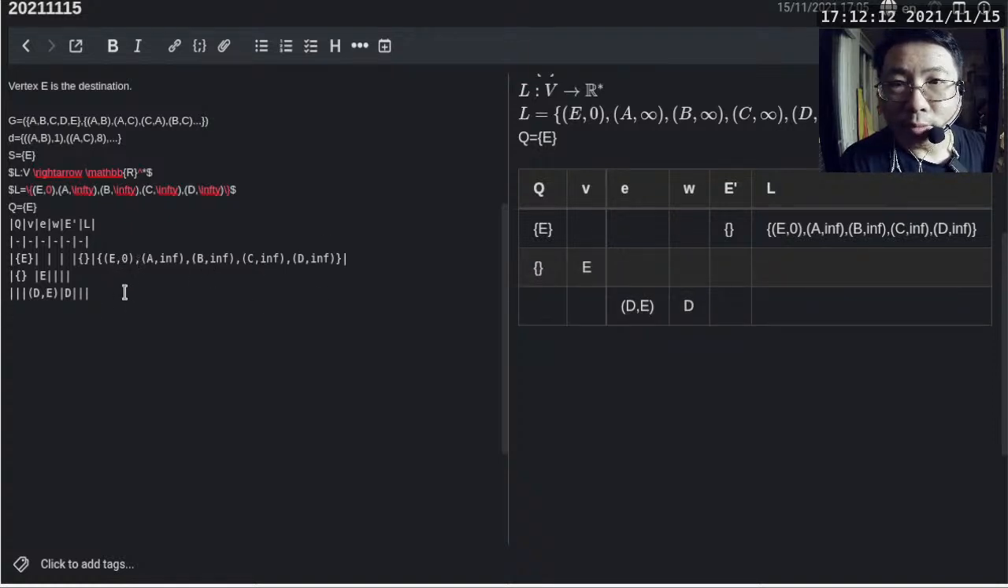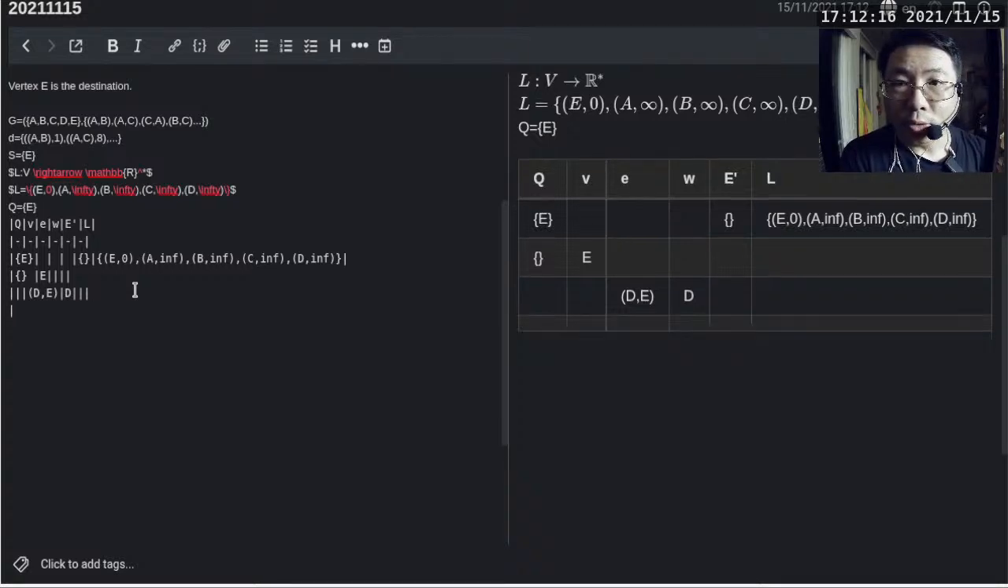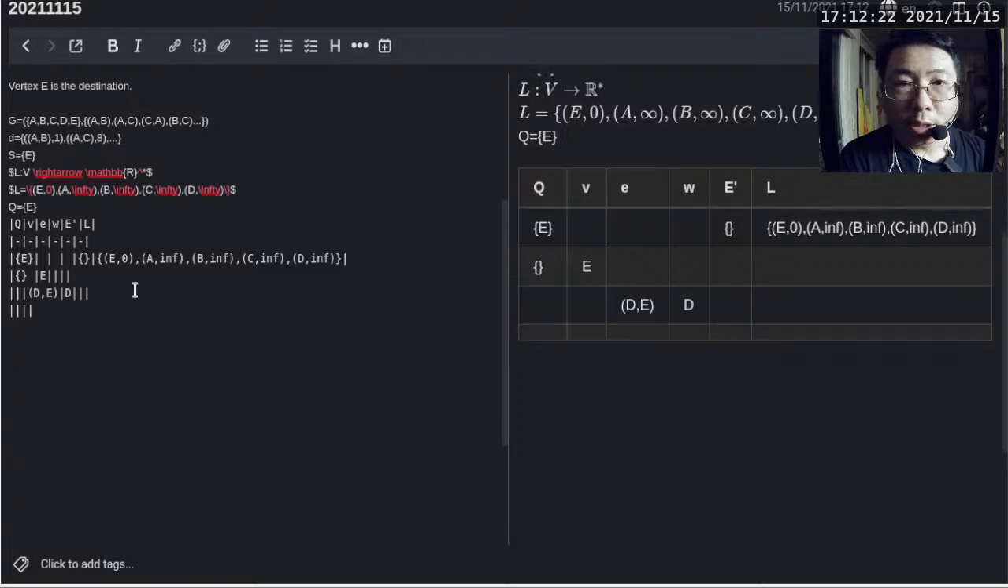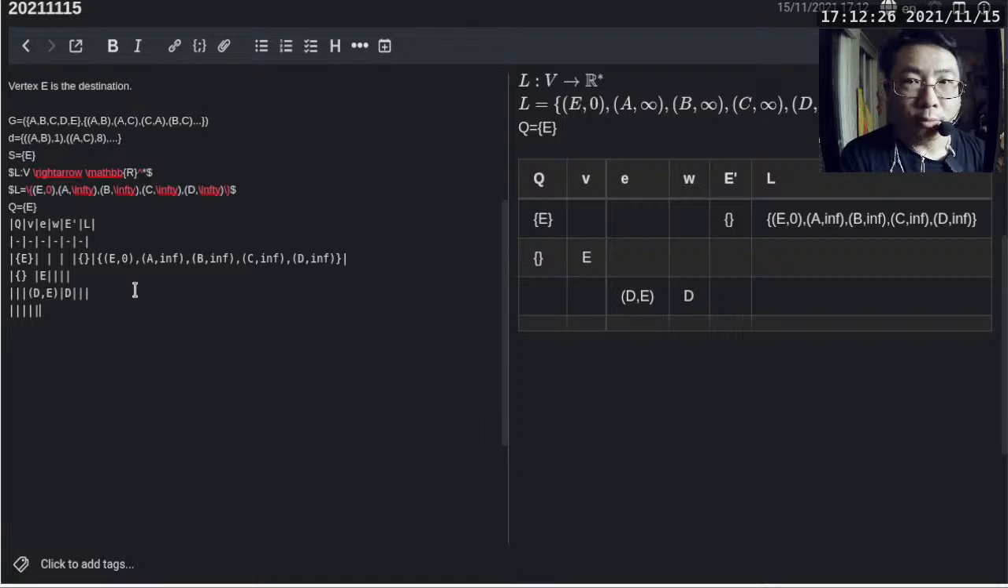Okay, so all right, so we'll say there's no need to update Q, no need to update V, no need to update E, and no need to update W. And currently we have no need to update E prime either. And the only thing we want to update is the set representing the function L. So that's going to be this portion over here. So I'm just going to,